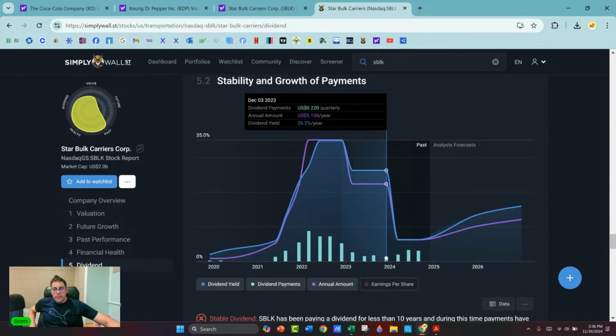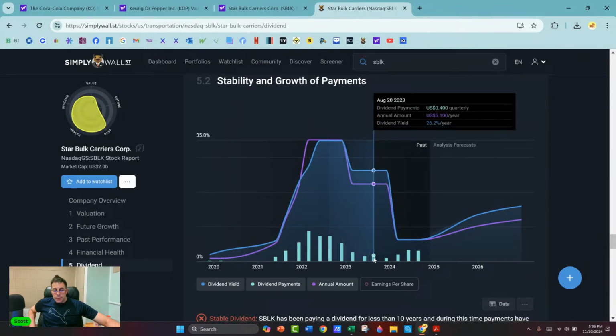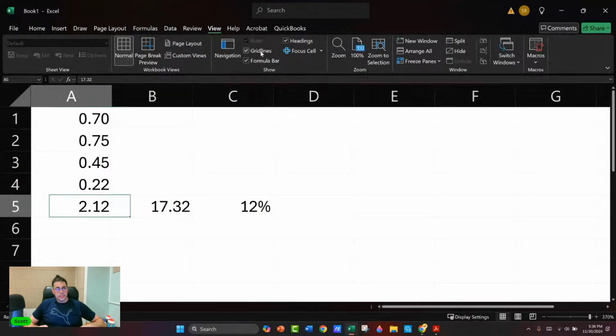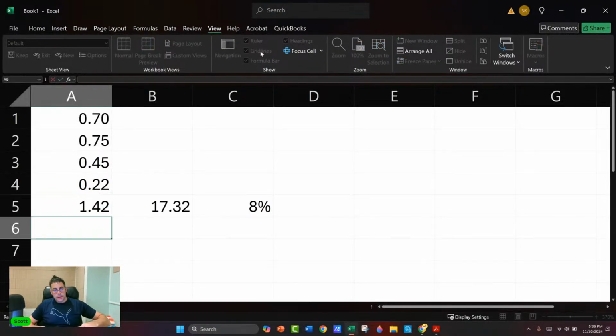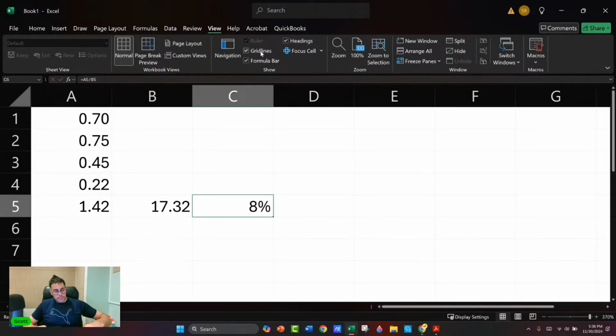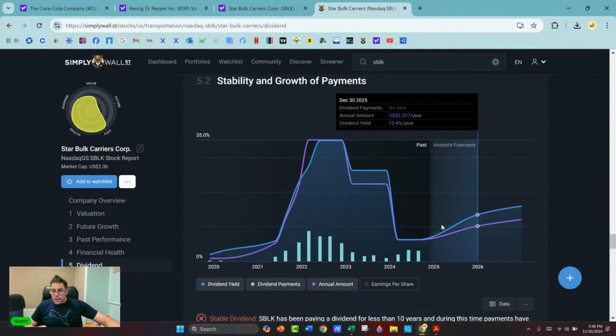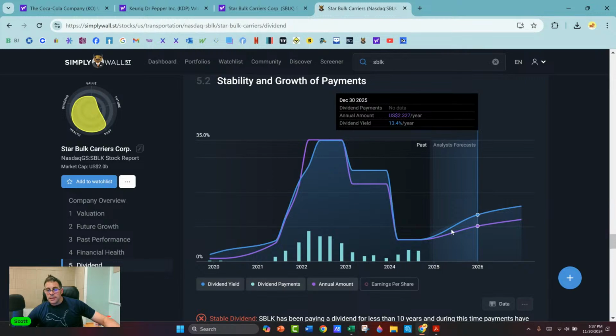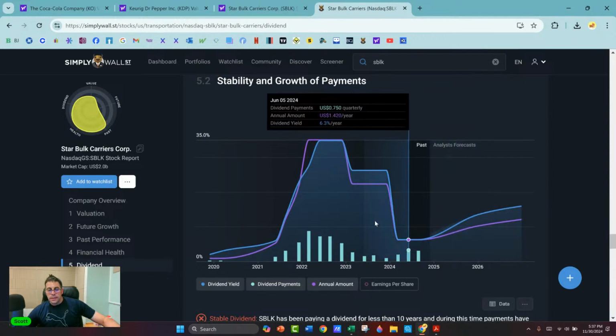This could be wrong. $1.42 is 8%. That's August. So maybe because